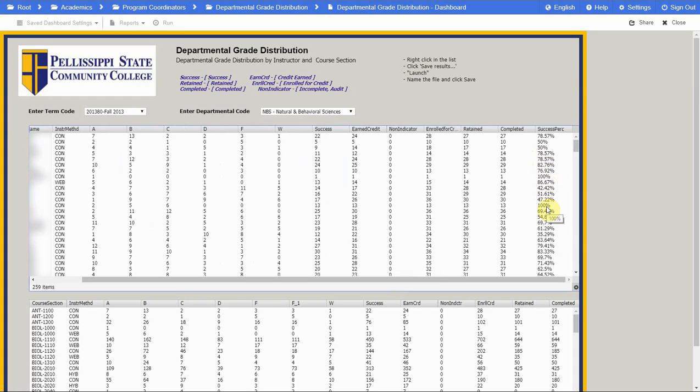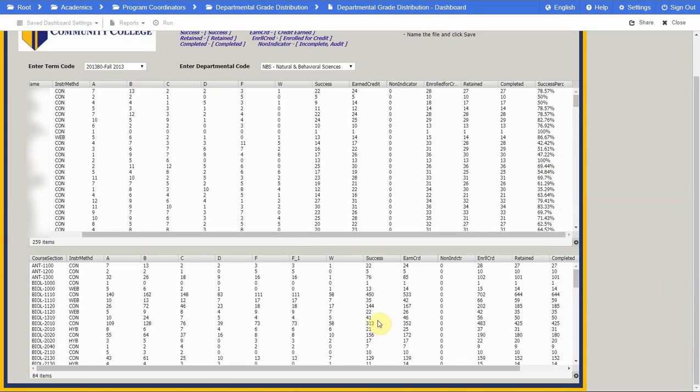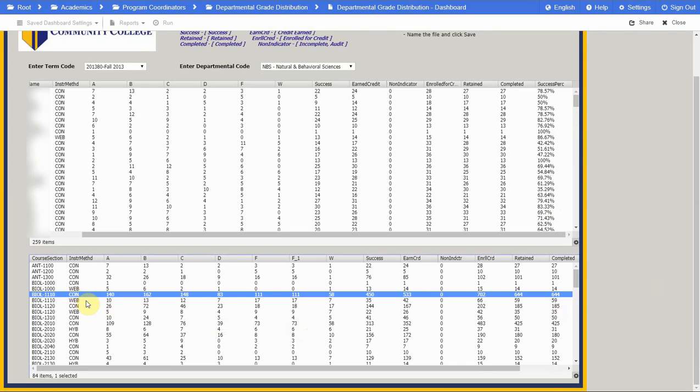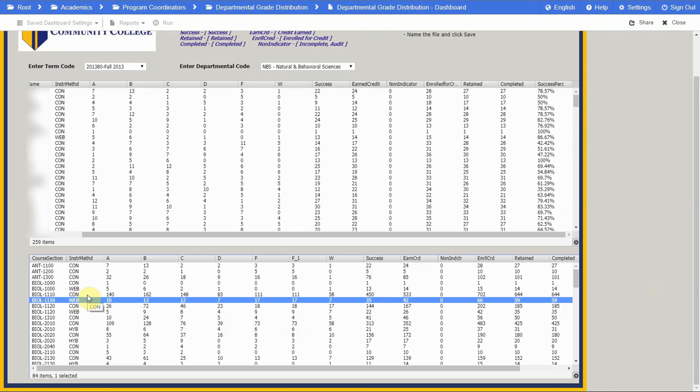Because the section information is listed, it would be possible to use these results to determine success rates by campus or by time of day. Correlating those variables, however, would require additional data not available in this report. The lower box contains the success rates by course. The data for each course are separated out by delivery method. This would allow us to quickly compare success rates of an online class with its on-ground counterpart.